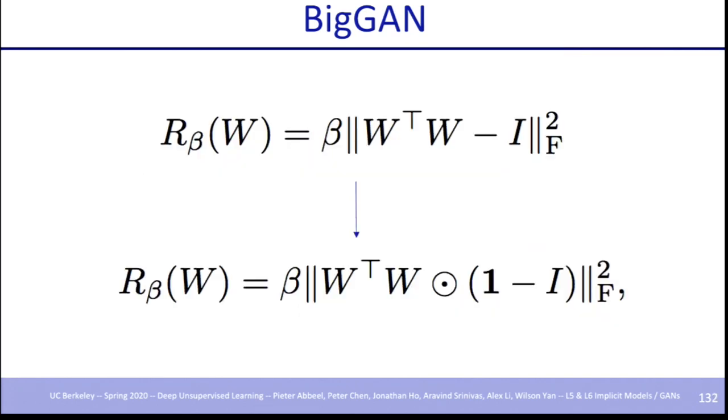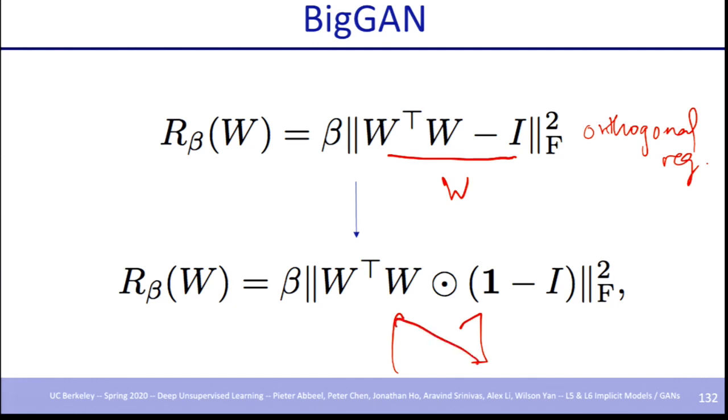One thing the authors recommended in the BigGAN paper is a trick called orthogonal regularization, which is complementary to, but not the same as, spectral norm. You take your weight matrix and try to make it orthogonal. To make it orthogonal, you take the transpose and make sure the product is the identity. This was something done earlier. In BigGAN, what changed is that in your identity matrix, you don't want to penalize the diagonal terms.